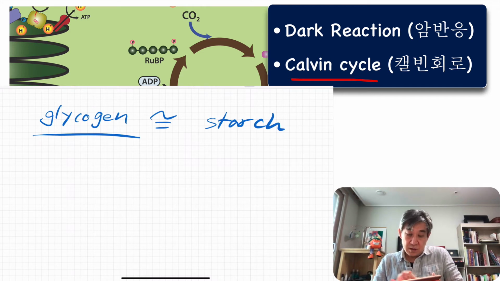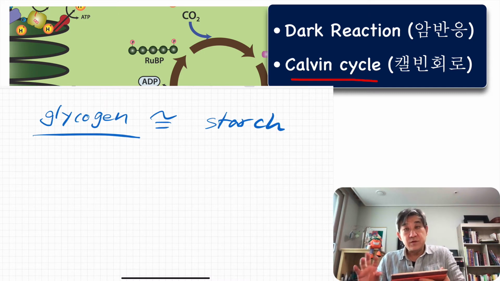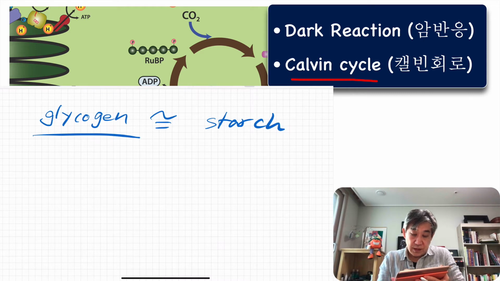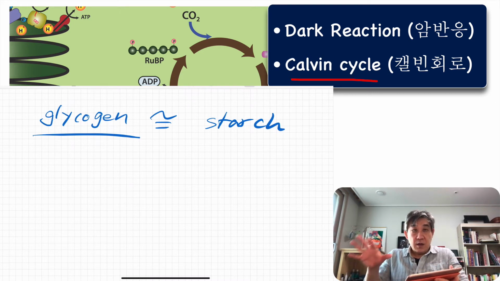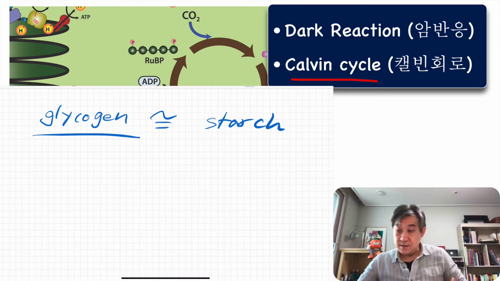once you have done this, some of them can be funneled into other types of metabolism to synthesize a different type of sugar, sucrose. So this sucrose is a transport form of sugar. If starch is the storage form of the sugar, then sucrose can be said to be the transport form. In other words, as a single plant,